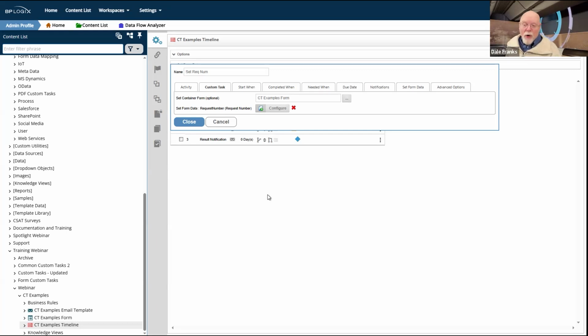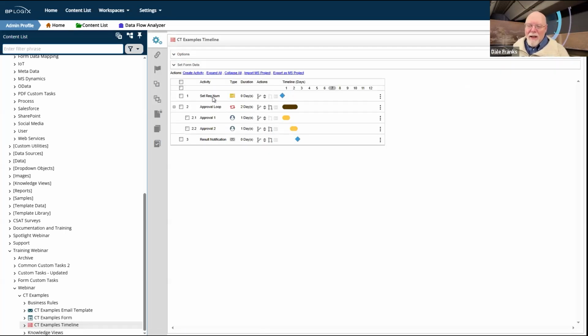The way that I would, of course, hide that and get past that, I would not run the convert to PDF directly. Again, I would do the run process custom task. And with that run process custom task, I could then call my PDF conversion and have the PDF conversion happen offline, which would instantly end the very first activity and move us to kick off the parent approval loop, and then go directly into the user activity for approval one that is assigned to whatever user it's assigned to.